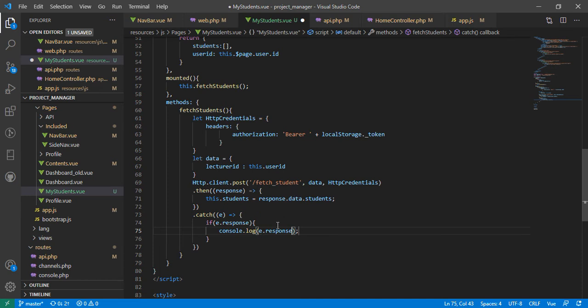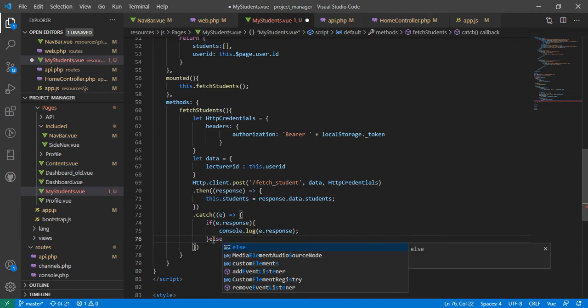That means our request actually hit the backend and came back. Okay, that means there's a response in it. But else, if there is no response,